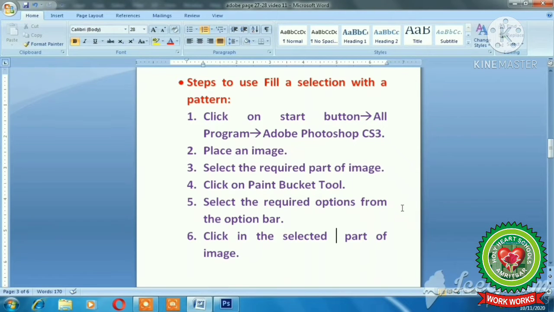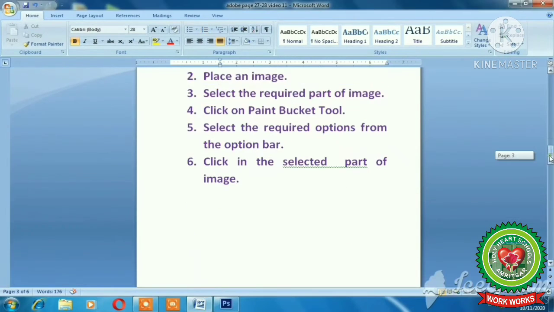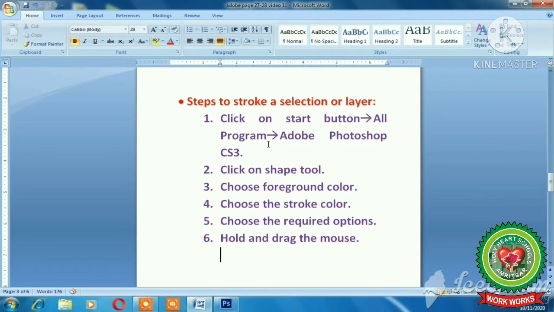Select the required options from the option bar and click in the selected part of the image to fill the required pattern in the selected part of the image. Clear, students?